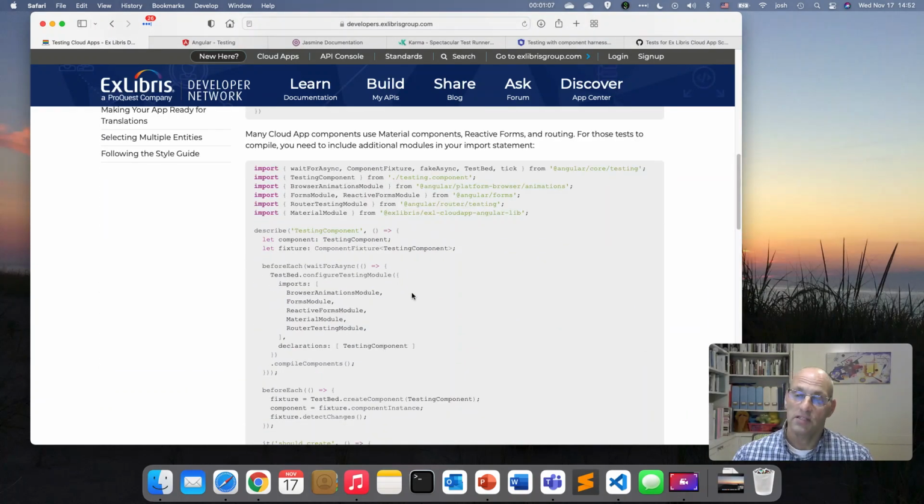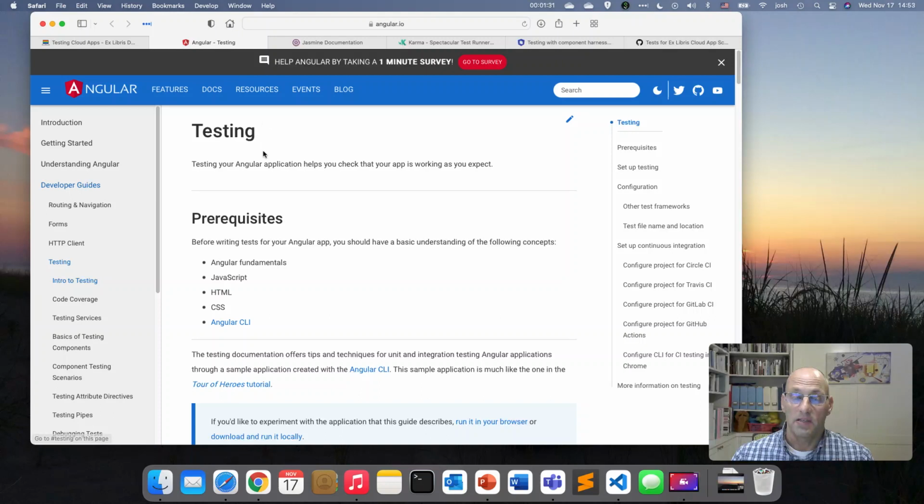Now, in order to demonstrate testing, I thought it'd be a good idea to take the scaffolding, which is the default out-of-the-box application that you get when you create a new cloud app, and add some tests around that scaffolding. And that will allow us to learn a little bit about how to use some of the Angular testing capabilities to test our cloud app. So Angular testing, as we said, is based on